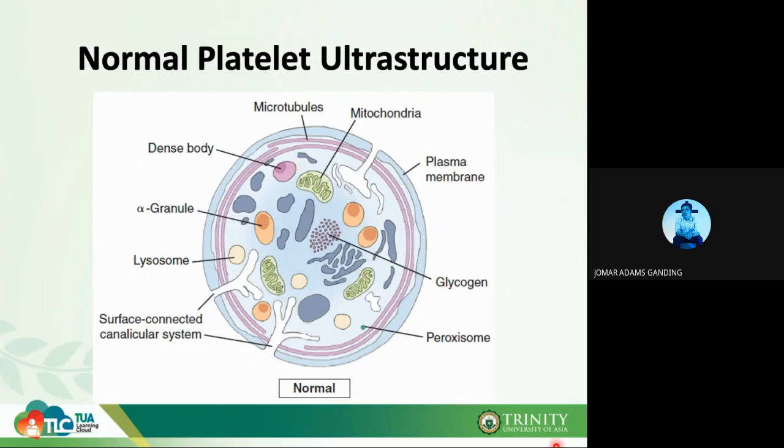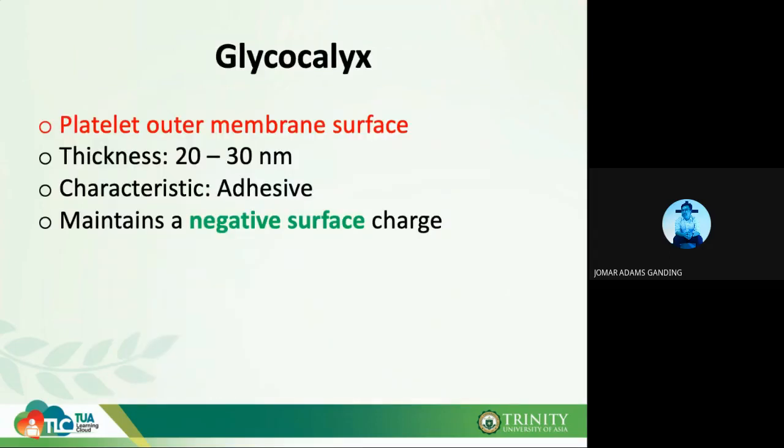First, let's talk about the glycocalyx. The glycocalyx is the outer membrane surface of your platelet. Your glycocalyx is usually 2 to 30 nanometers in thickness. What is the main characteristic of your glycocalyx? It is adhesive. When we say adhesive, they actually attach themselves